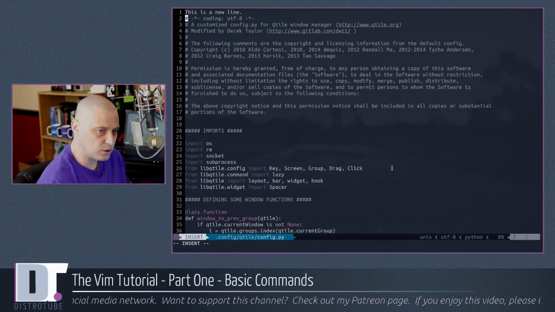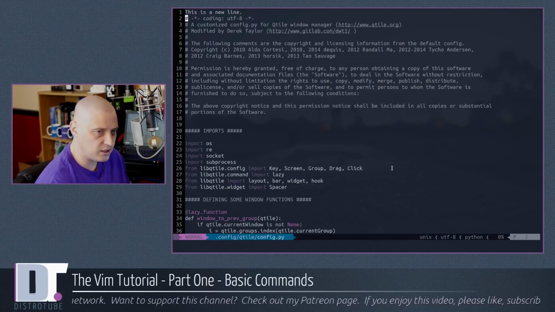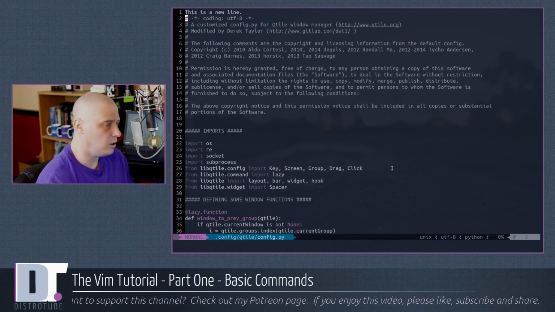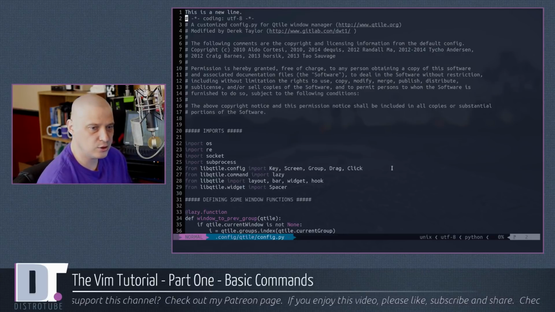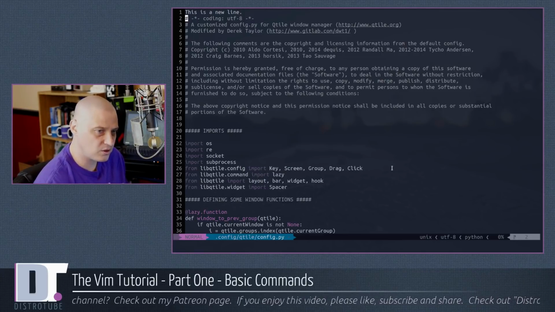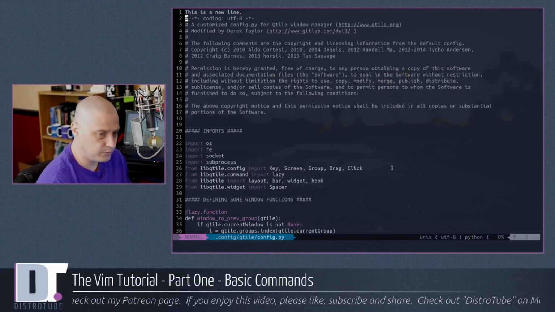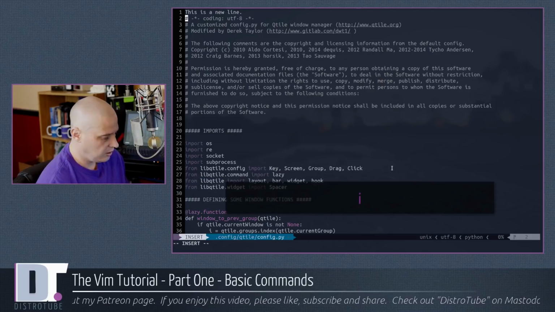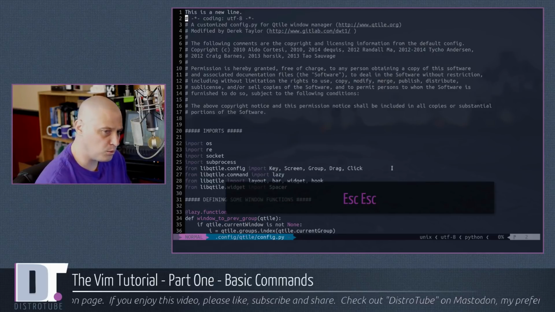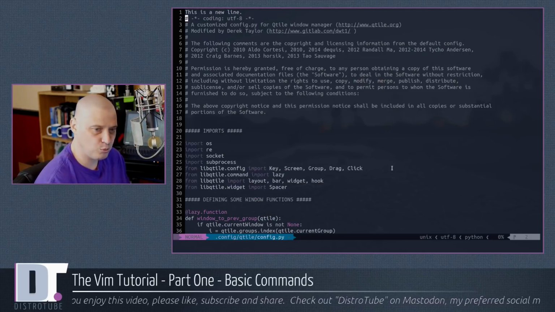How do I get out of insert mode? You hit escape on the keyboard. There is a slight delay, like a one second delay. You hit escape and wait about one second, and then it switches to normal mode. Why is there that slight delay? There are reasons for that slight delay I won't get into, but just know that when you switch from insert mode to normal mode with escape, there's a slight delay. If that slight delay bothers you, I'm going to go back to insert mode with the I. If that slight delay bothers you, just hit escape twice really quickly, and you're back in normal mode just like that. So I for insert, escape twice gets you to normal mode, or just escape once if you don't mind waiting a second.